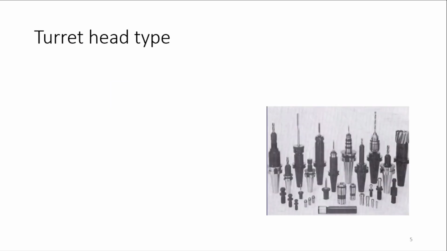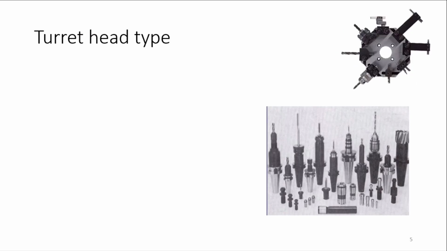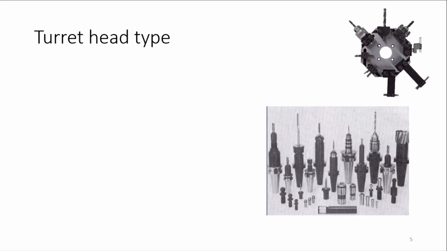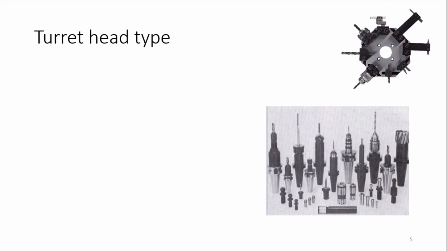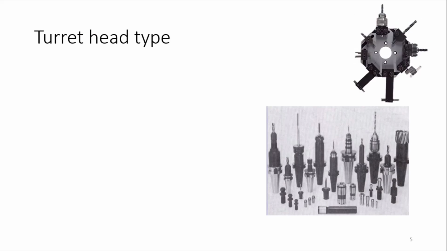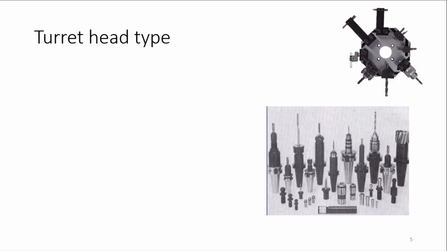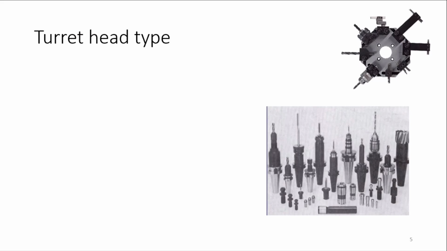So we're going to start with the very first, the turret head. Everybody knows about the capstan lathe or turret lathe, in which 6 to 8 tools are already installed. In the turret head type, this is used as a magazine as well as the ATC mechanism. Why? Because only one tool is working at a time. And if you want to change the tool, you just rotate the head and the other tool is ready for use. This type of turret head mechanism is used in those machines where the tool capacity is less, or the machine capacity is less and fewer operations are to be done.